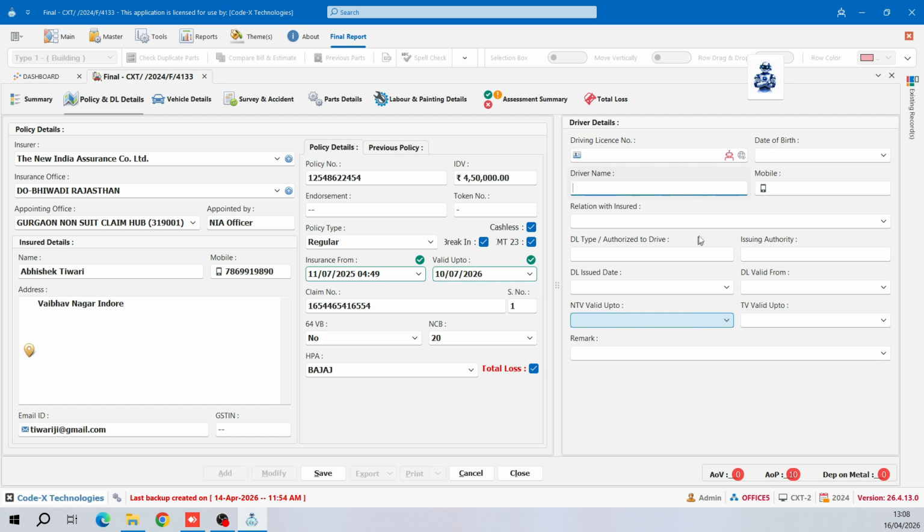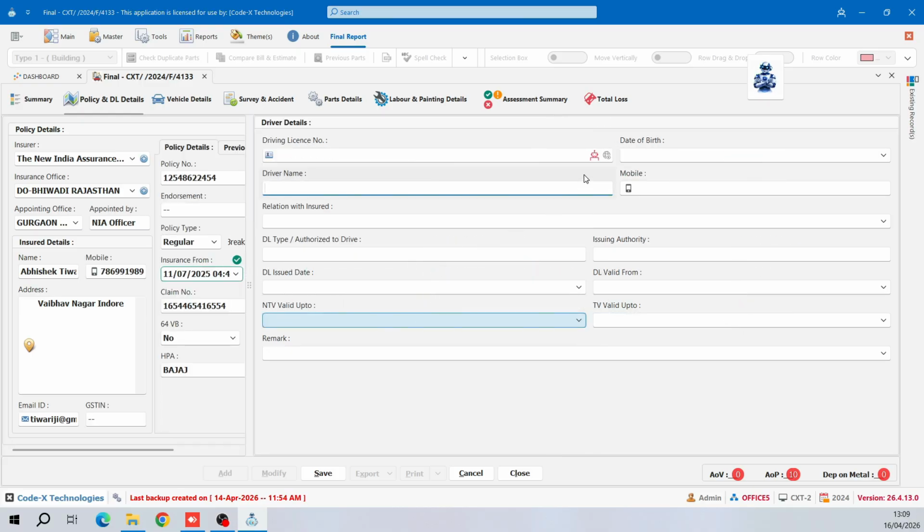Details import from images. This option is AI integrated. All you need to do is provide images of the front and back of the driver's license. The software will automatically read the data from the images and fill in all the fields. To use this, simply click the robot icon next to the driver license number field,